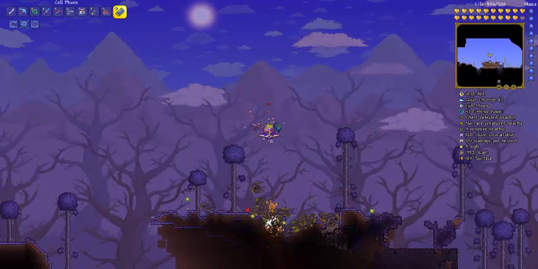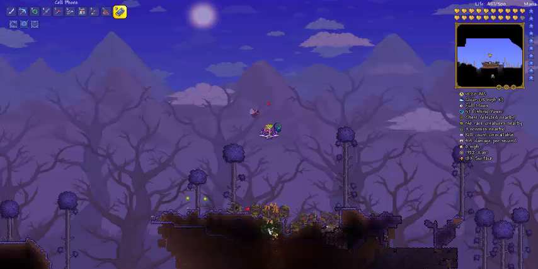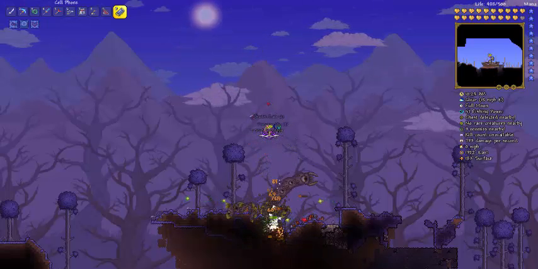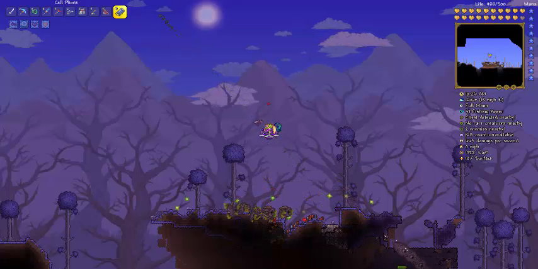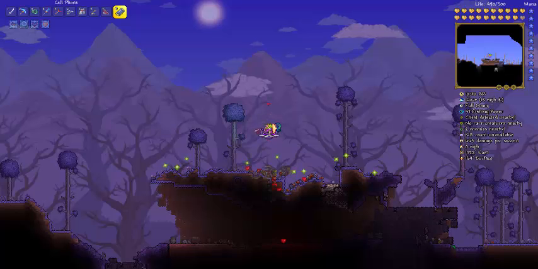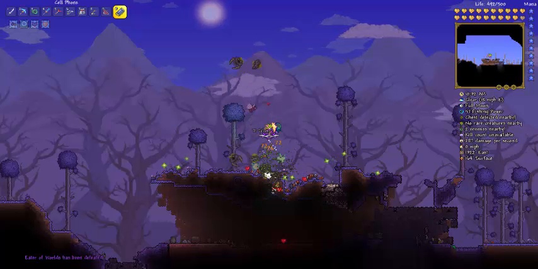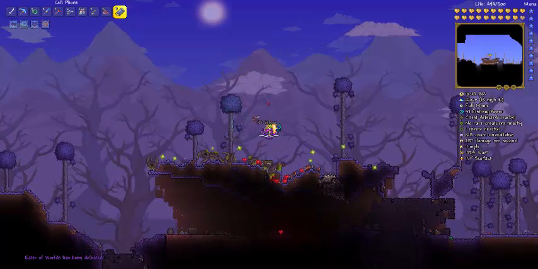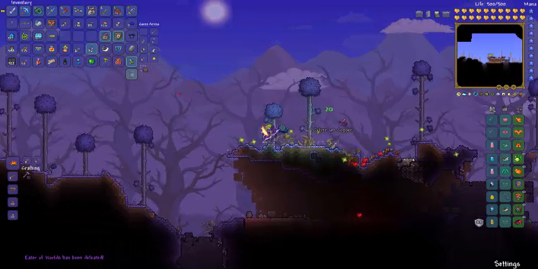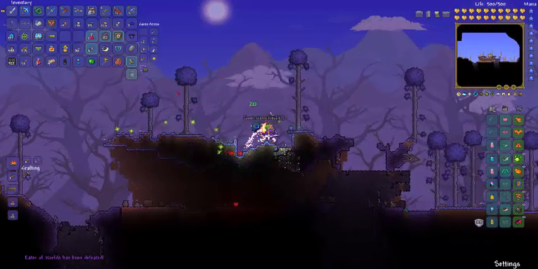Even the spores that are supposed to do no damage, and really don't do all that much damage to expert mode bosses, still just tear this guy apart, dead. He's gone. Where's he gone? Is he coming back? There he is. And there is him dead, so we will pick up his trophy, all his good, delicious sweetness, all that Demonite